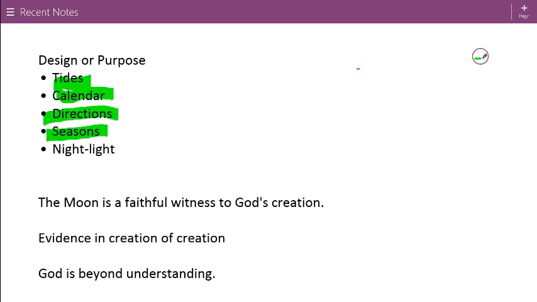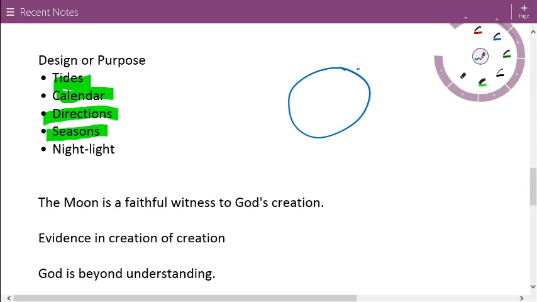Now, because of its location, the moon does impact the angle of the axis of the Earth, and so that is what gives us our seasons, because remember that angle.